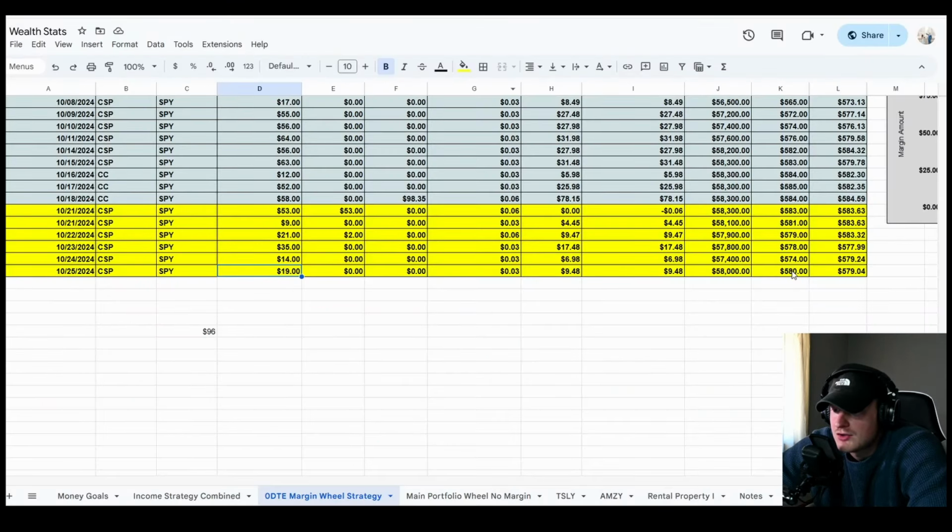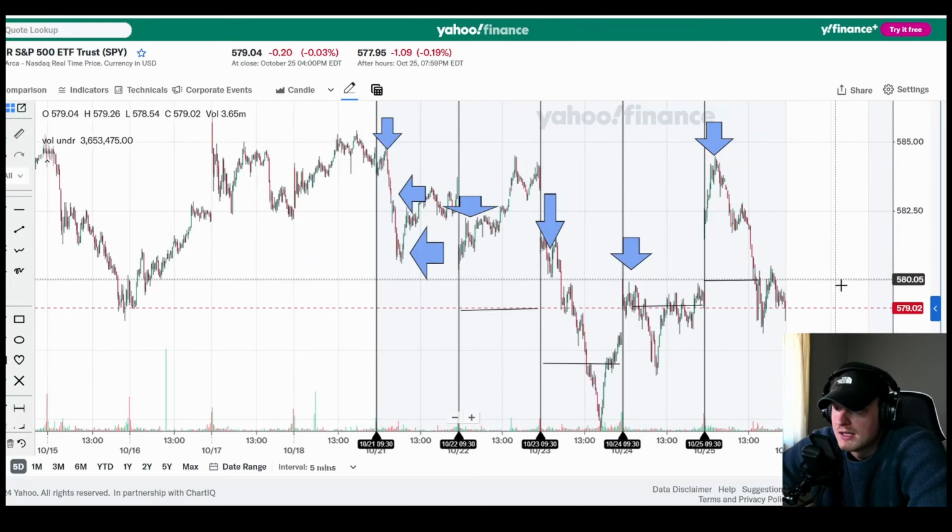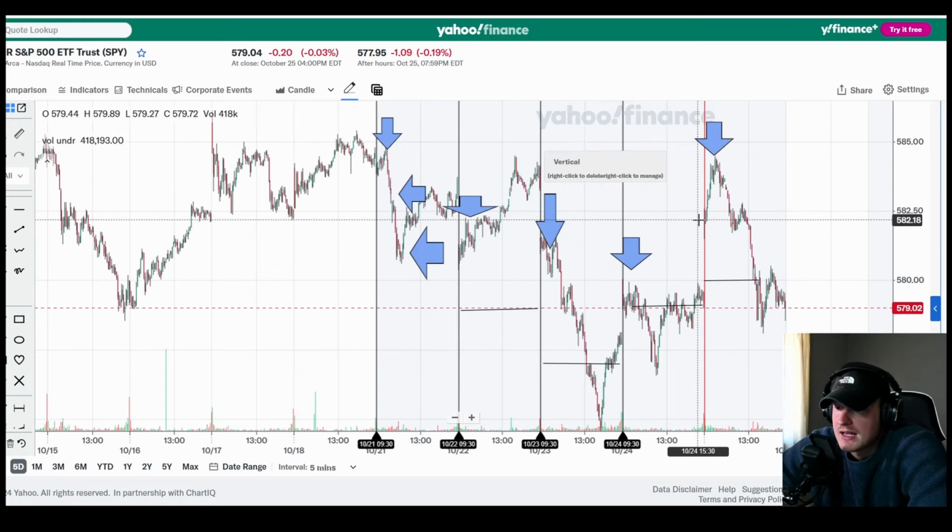So we chose the 580 strike. However, we will be getting assigned this because it did go below it. So the 580 is right here. Market looked like it was going up. And the goal of me